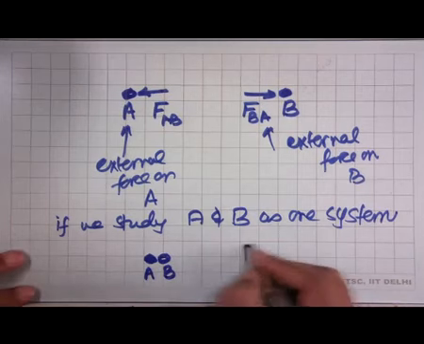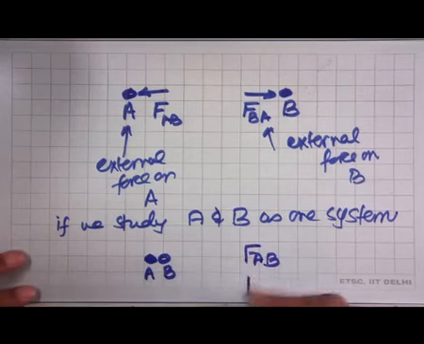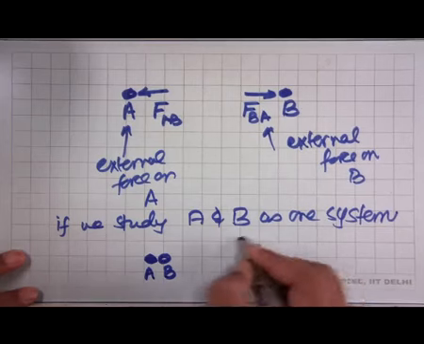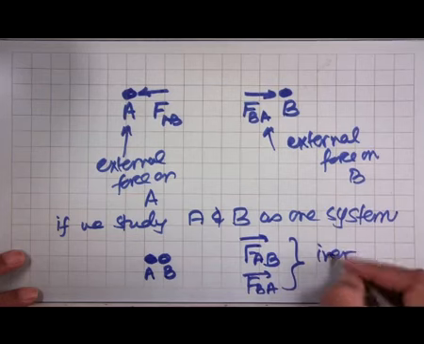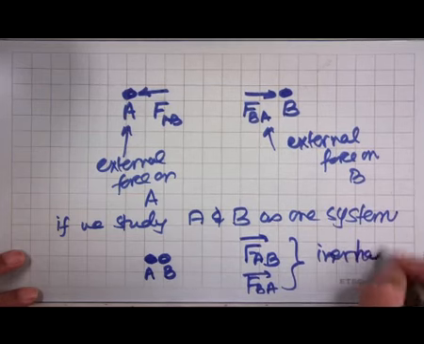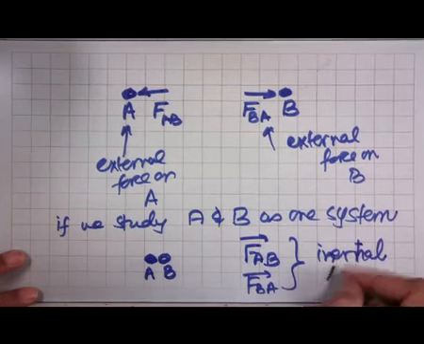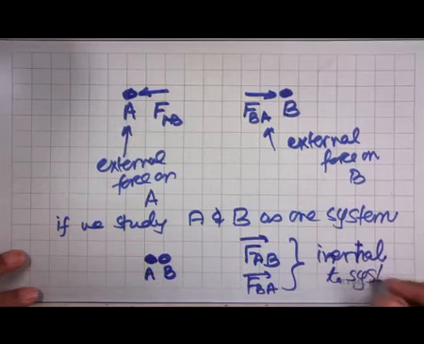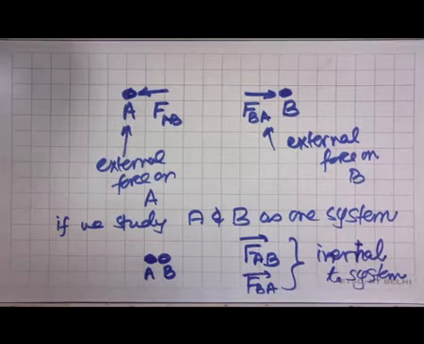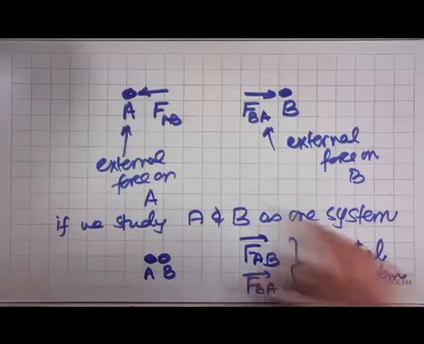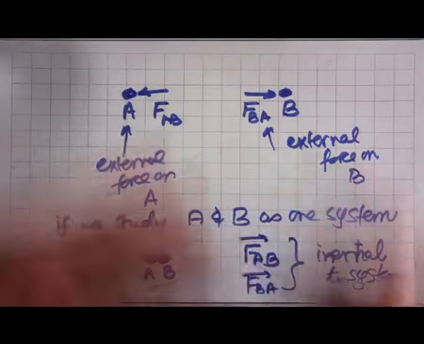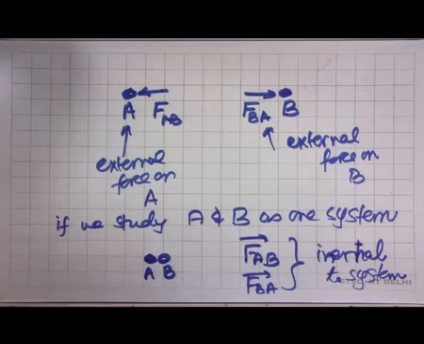Now, FAB and FBA, these forces are internal to the system. My system consists of both A and B together. So, these two forces are internal, and as you see, because they are equal and opposite, they cancel out, and